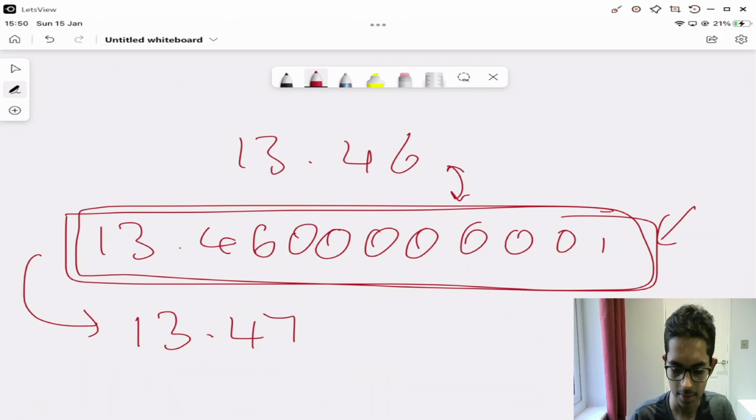So the way in which we mitigate this error is that we must keep things to 20 decimal places, a very, very high accuracy. Only then will this error be mitigated. I'll explain how shortly. So if we just go back to the whiteboard,